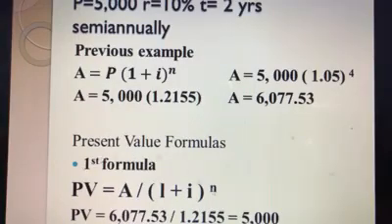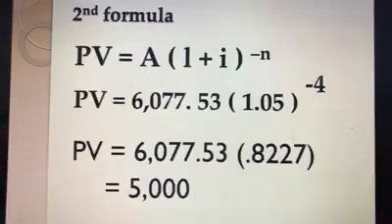So using the first formula, our present value is 5,000 pesos. If you're going to check it with our first computation, it's the same, 5,000. And then on our second formula, given the future value or compound amount of 6,077, let us see if we could arrive at 5,000 pesos. 1 is constant, I is 0.05, and again, n would be negative. So 1.05 raised to negative 4 is equal to